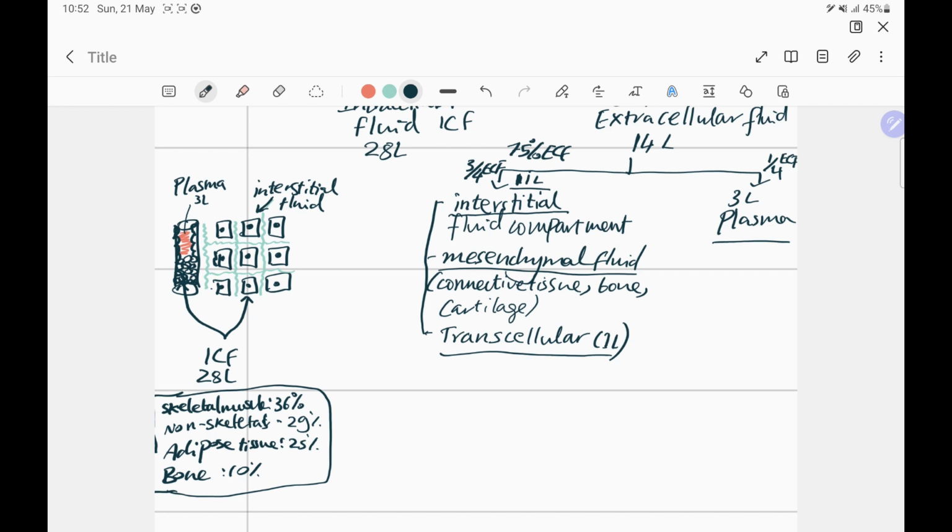So what are the determinants of your body fluid composition? First thing is, let's just talk about adipose tissue. So adipose tissue is going to be a major determinant. The more adipose tissue you have, the less body fluid, total body water, you have. So it's inversely proportional. I've written 1 over TBW in this relationship. Okay, this is adipose tissue.